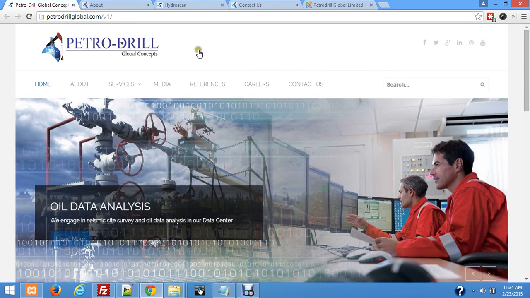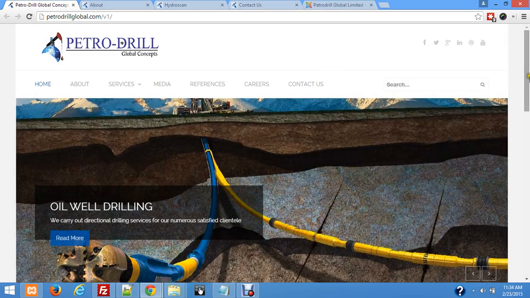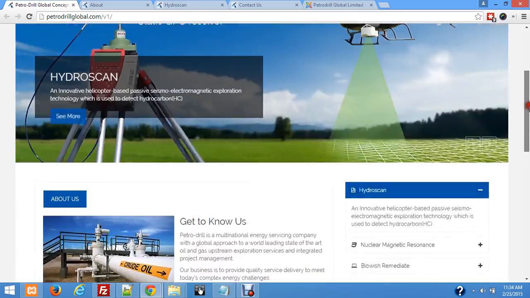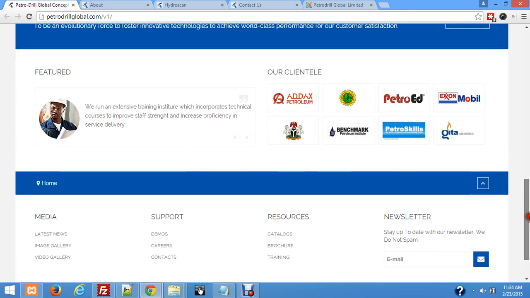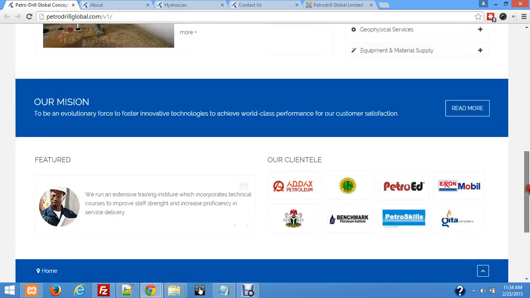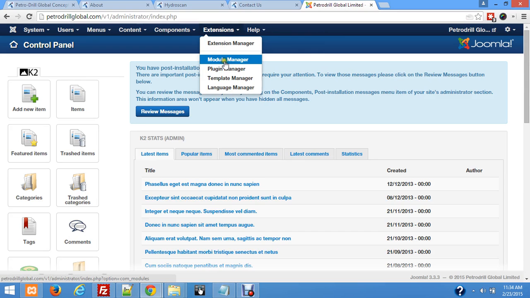Now at the back end, you have users, menu, content, components, extensions. We're going to be looking at the important menus and items that relate to updating this website. I'm going to do a case scenario so that it looks a little more practical. For the home page, which you are looking at here, 90% of the information displayed comes from Extensions, the Module Manager,